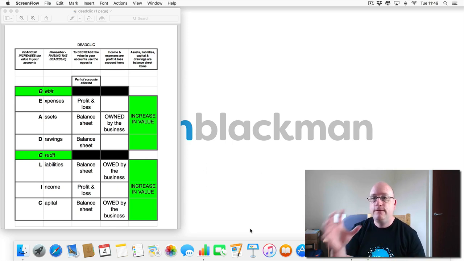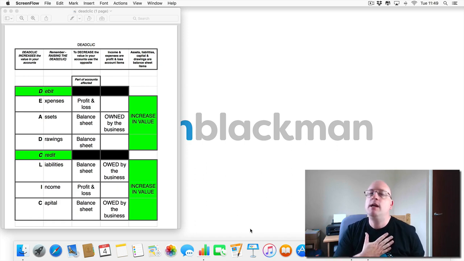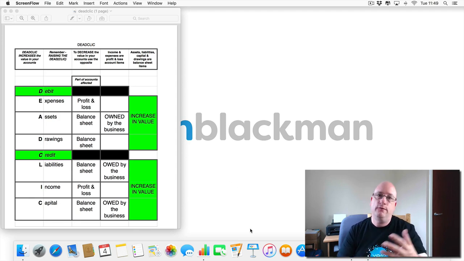As I say, the first step in double entry is understanding dead click. Now dead click's not the only method of double entry, it's just the preferred method that I use, that's all. So that's the method I'll be teaching. So I'll be running through dead click, which you'll see on the screen now in much more detail. I'll be giving you a PDF copy of what you see on the screen as well. So in the download section of the course you'll be able to access a PDF copy of this so that you can use it, you can save it and refer back to it further on in your studies